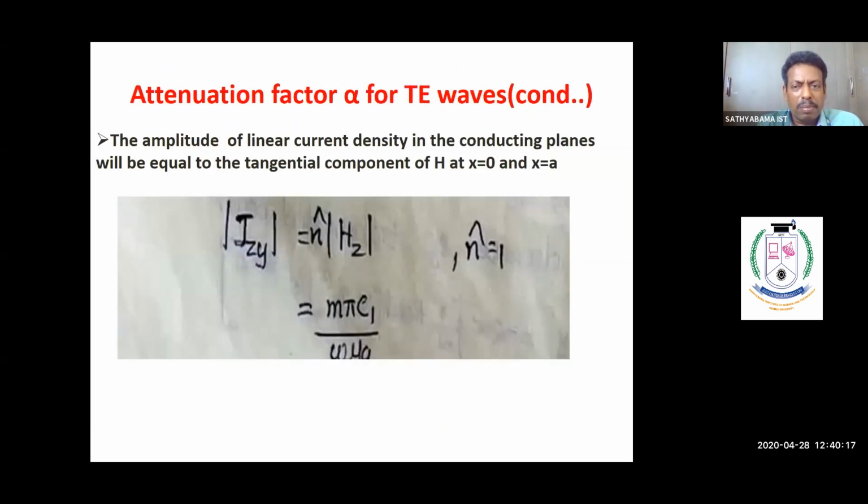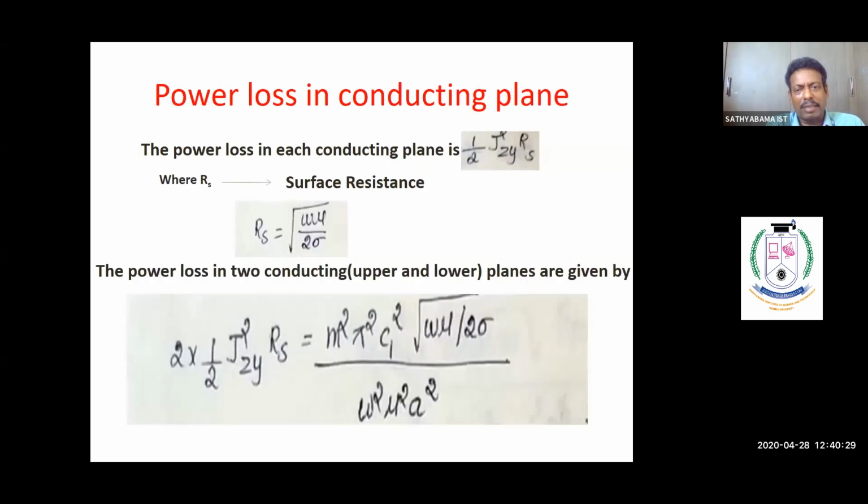Okay. So the attenuation factor alpha for TE, as it's continued. The amplitude of linear current density in the conducting plane will be equal to the tangential component. So this expression gives the current density, which produces a magnetic field actually. So here the power loss in each conducting plane is proportional to that current density, 1 by alpha. Okay. So the overall power loss for the two conducting planes is generally given by